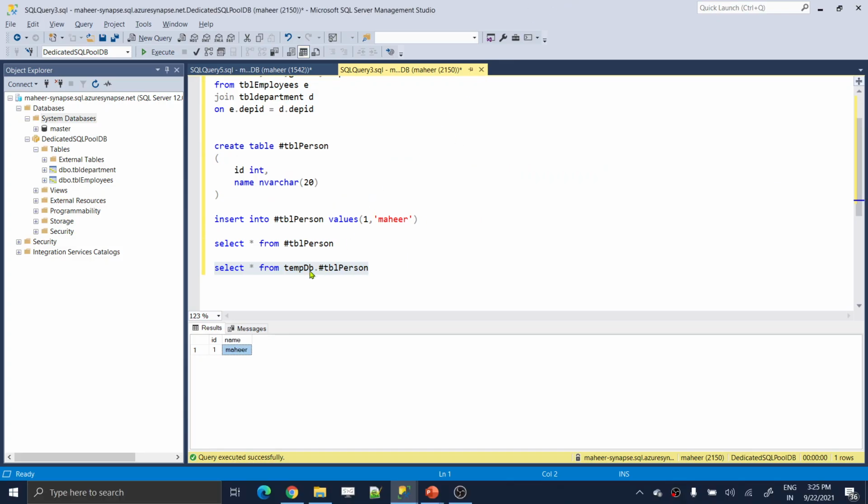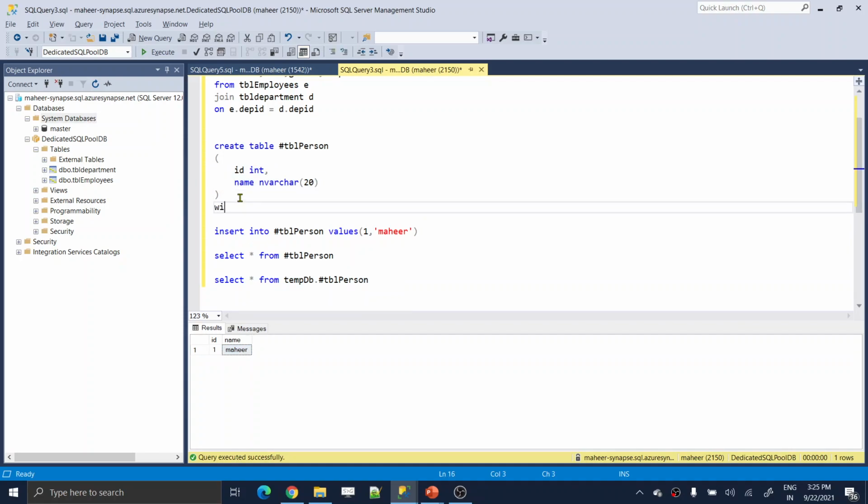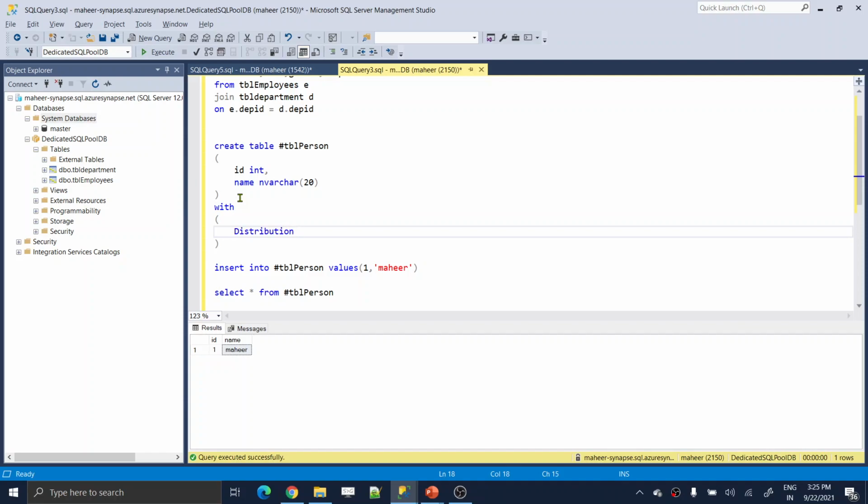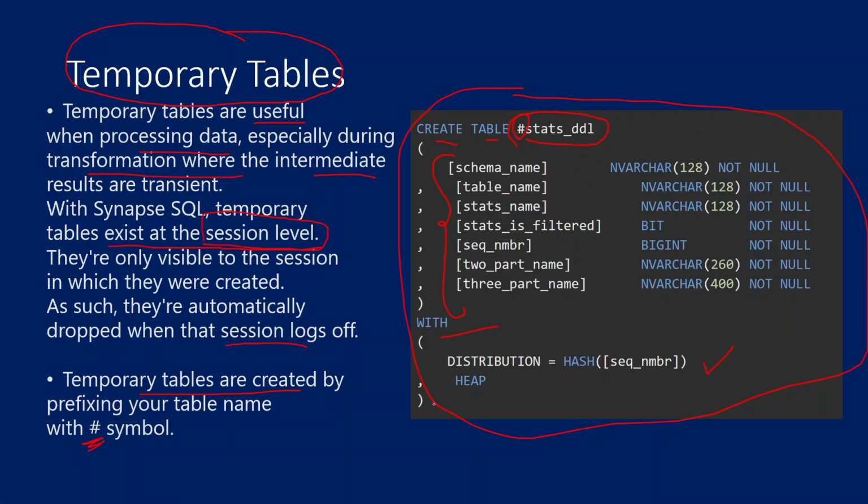And one more thing here. See, I created a temporary table and I inserted data. But if you have seen my previous video, in case of Synapse SQL you can supply the distributions, right? Whether it is a hash distribution, a replicate distribution, or a round robin distribution. All those distributions, if you want to apply, you can apply using this WITH keyword. Okay. If you see here, hash distribution will require you to pass a column name as well, on which column you want to do that.